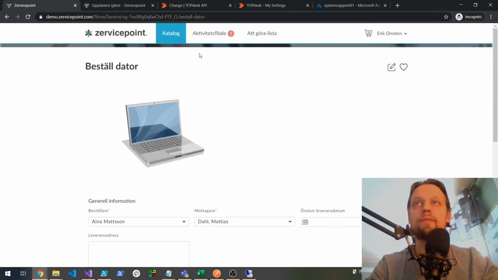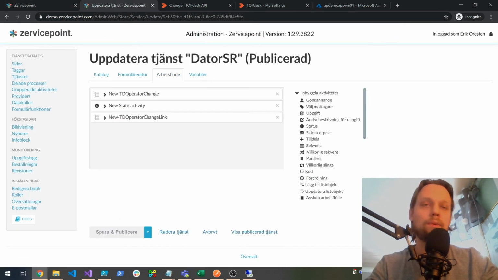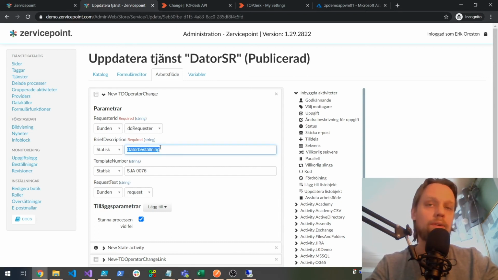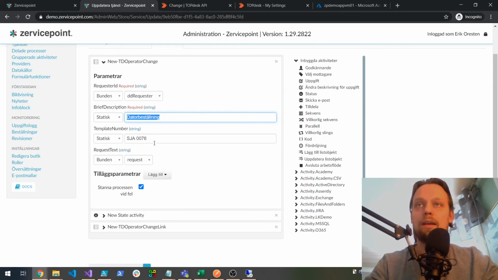I fire off this, and if I look on the workflow in this order, we start out by calling the operator change activity we just created. We send in some values here from the selected requester from the drop down, and we say computer order in Swedish, datumställning. Send in a template number and a request text,